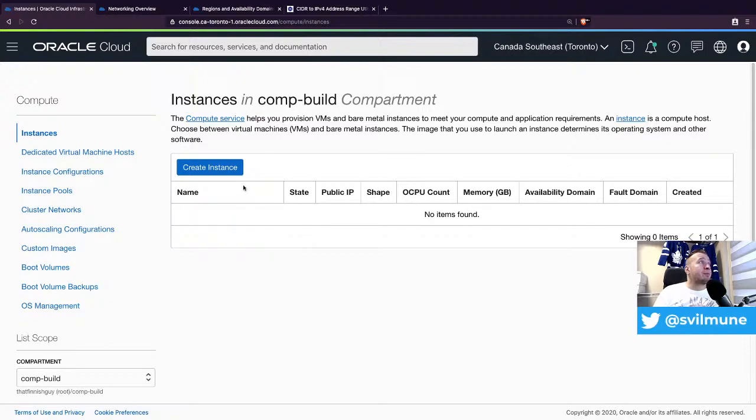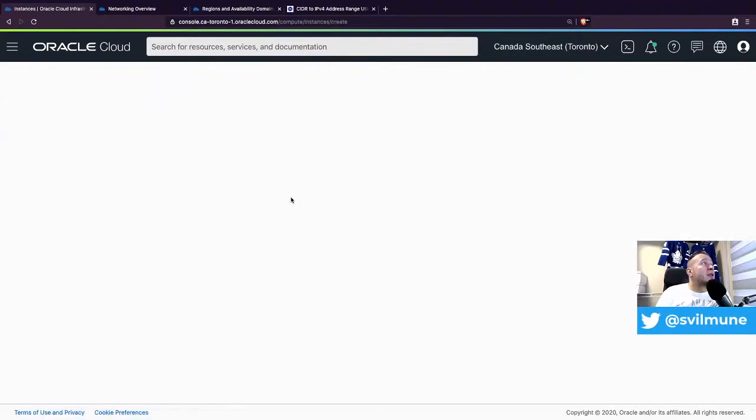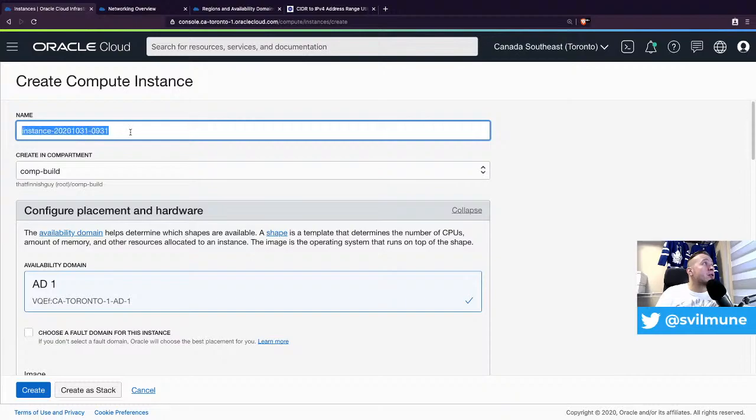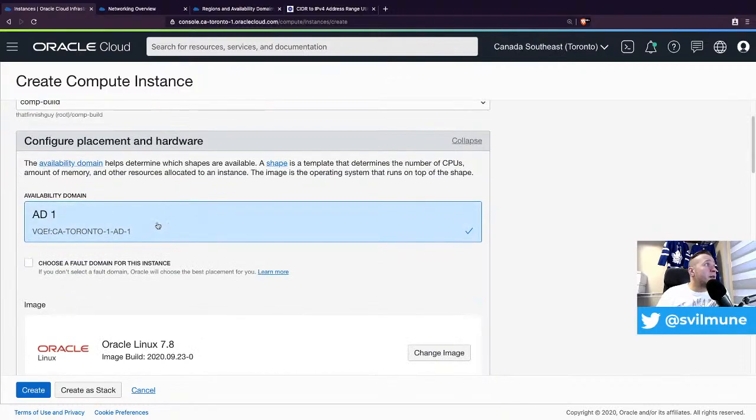And yeah, I'm ready to create the instances, and I'm just gonna create them in the same compartment. Create instance. This is my web. Let's just put comp web 001. I can just select the first AD that I have, and actually fault domains I didn't touch yet, but